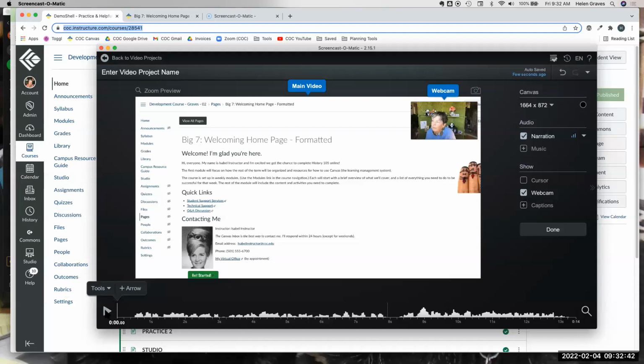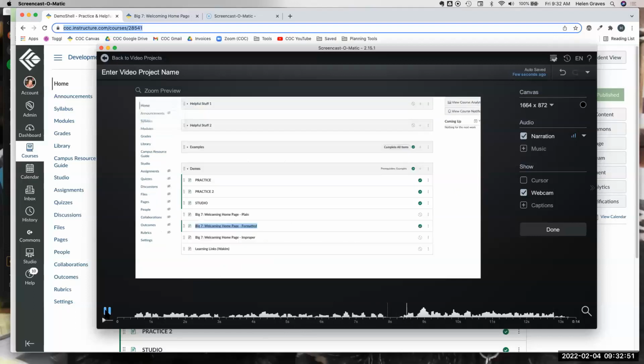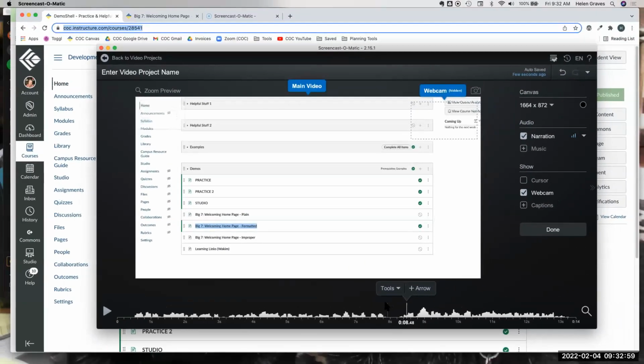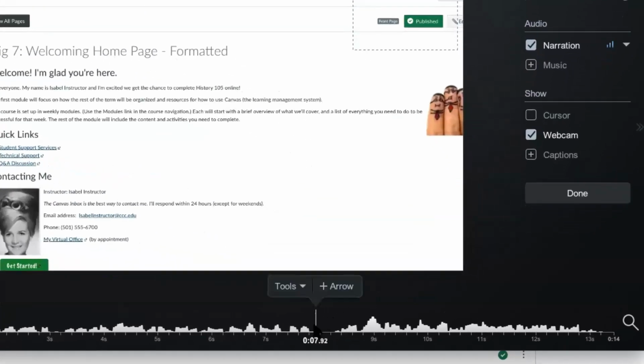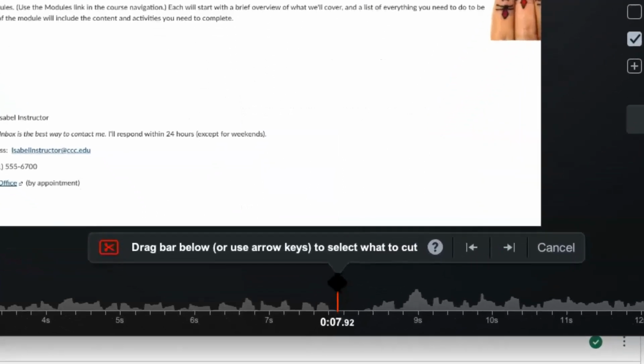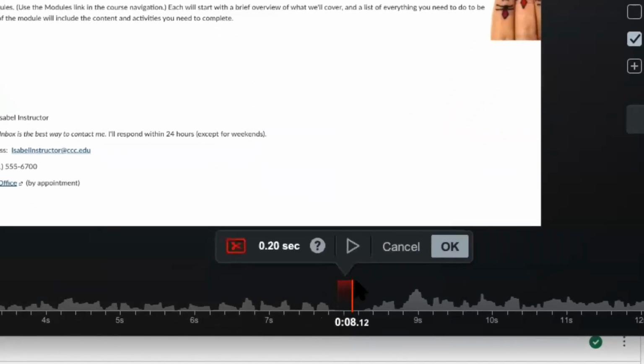So if I play, hey, welcome, here we are on the home page. Just wanted to say hi, and I'm going to introduce you to navigating our course, I say, and then you can see the little dashed line. That's where I paused the recording. And so what I can do now is trim out that part because it's got kind of a blank space here. So I'm going to put my marker there. From the tool menu, I will select the drop down and I'm going to say cut. The red line appears and I can then drag one end of it. And if you can see, hopefully, this amount of red line is showing me exactly what part of my snippet is going to be cut out.